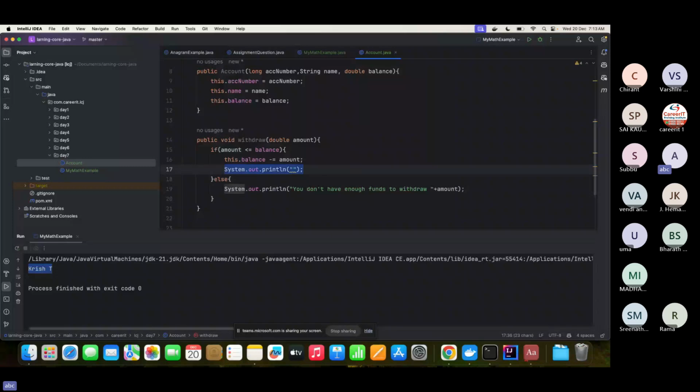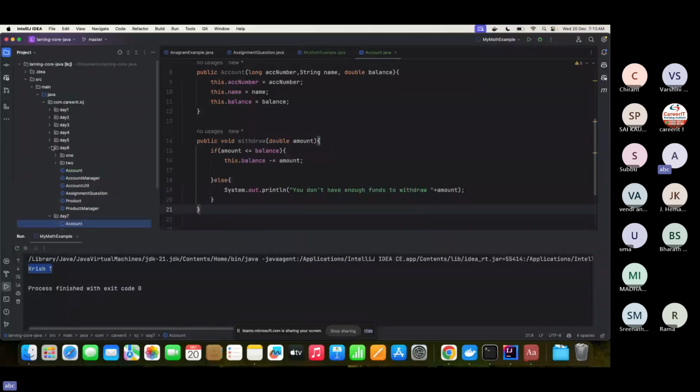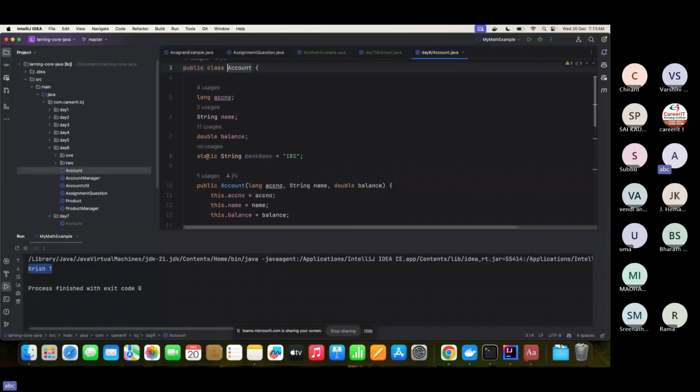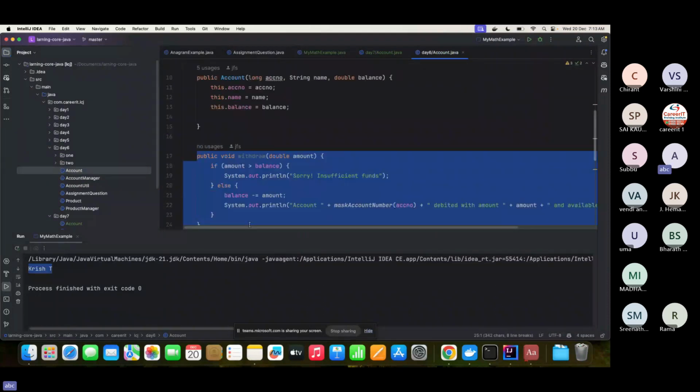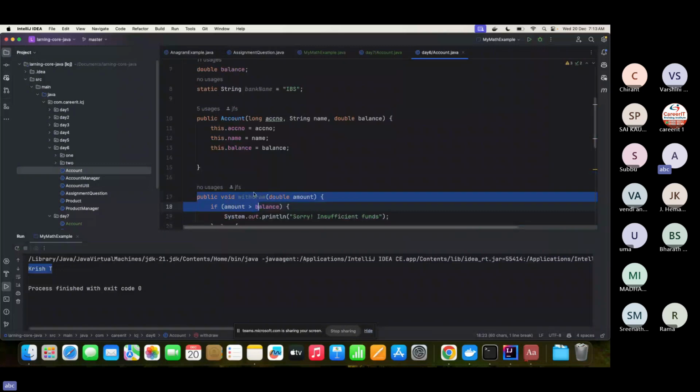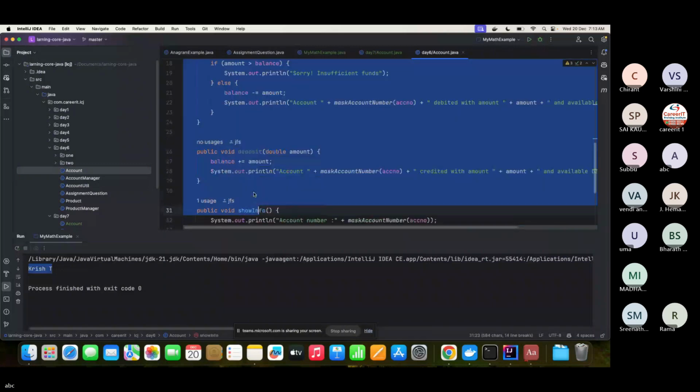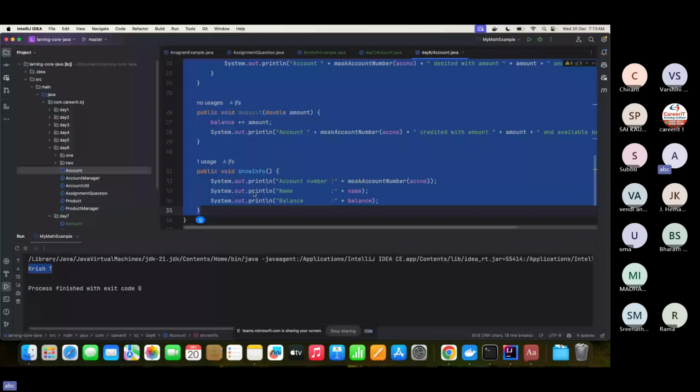The similar thing we are going to do. Okay, already yesterday we have done that, let me make use of that. Here, if you take the withdraw and all the methods, I'm just repeating that code, nothing else you are doing here. Show info, I'm going to call it here. Caps lock, let me turn that off. So here, if I'm taking here,